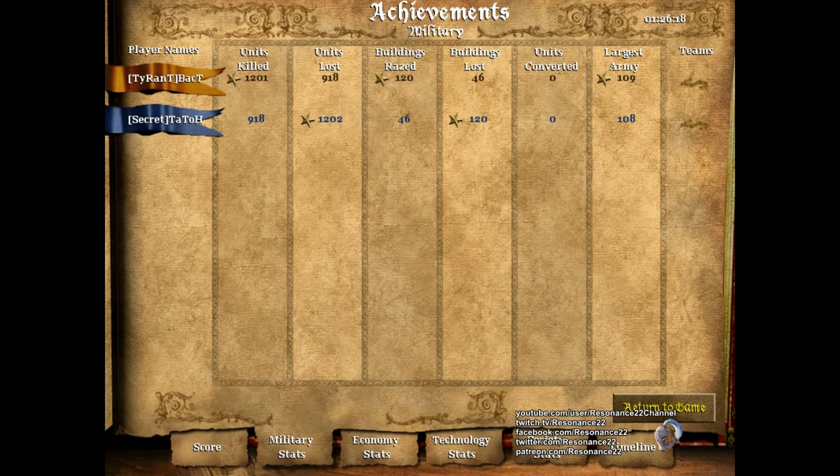The economy, you can see how BacT did 10,000 more food. The wood was very similar, 1,000 more for TaToH, but the stone, BacT 3,000 more, and gold 6,000 more as well. Then, if we focus on the timeline, which is going to be really nice, because it's going to help to understand